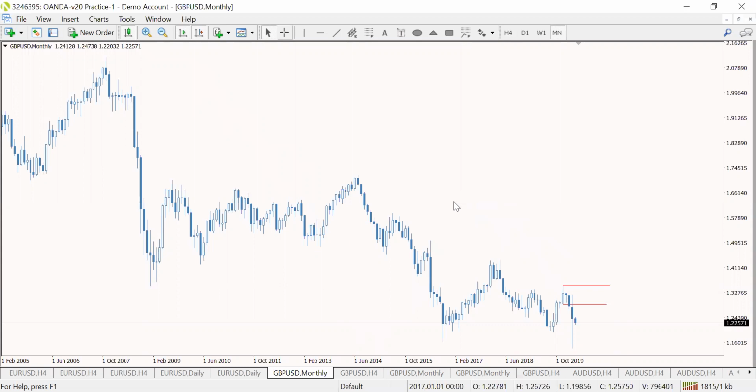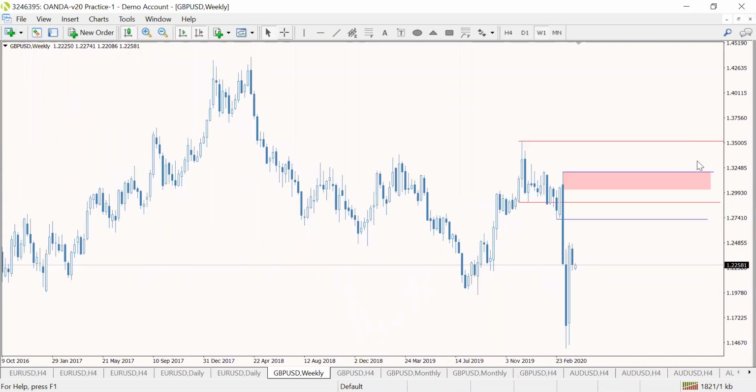Great Britain USD, weekly time frame. We broke this demand area. What does that mean? It means we are now expecting the market to continue going down. Now that this market has broken here but it moved up, we're expecting it maybe to continue moving up to that point, then we sell it. What if it doesn't go there? What are we going to do then?